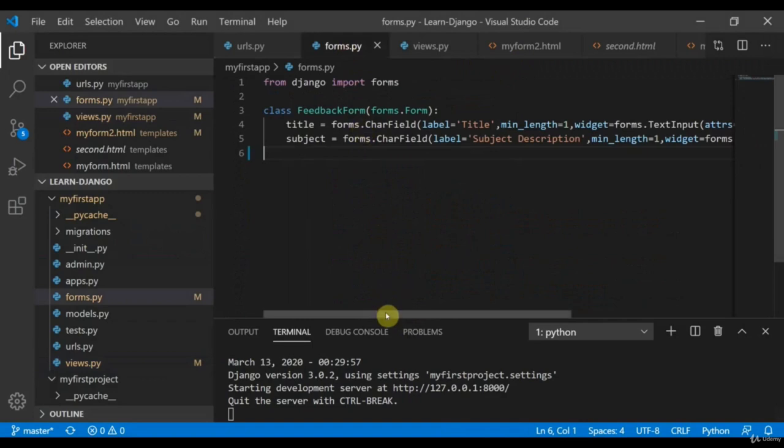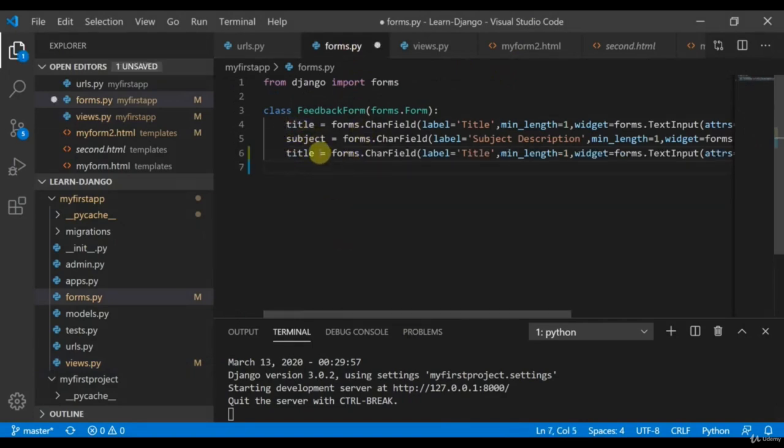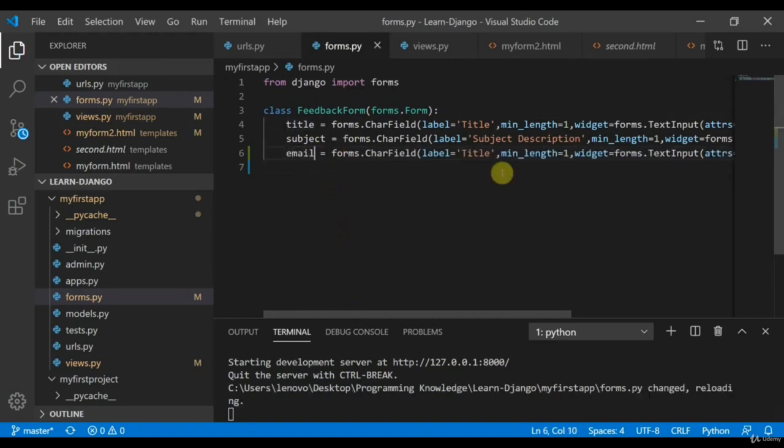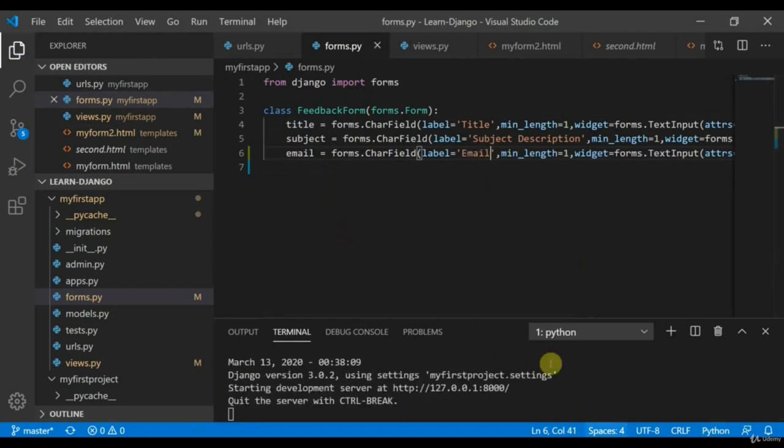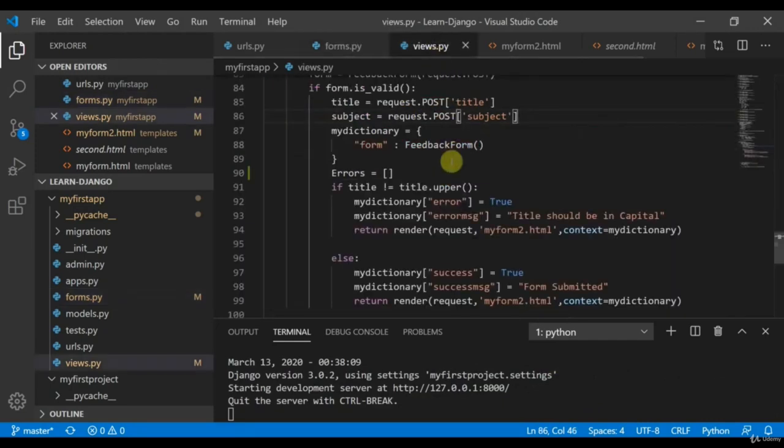Suppose I'll add a new entry to this, and the entry would be email. So here I'll give it a title as email. Email is the new title, the new field added to my form. Now in the views.py file I'll also request